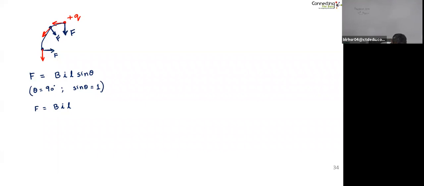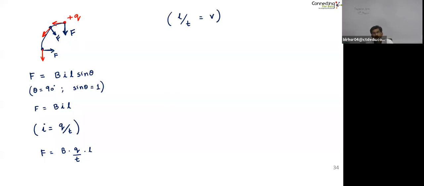Then what? We know that the current I is simply a measure of the amount of charge that flows through the conductor in unit time, the number of coulombs of electric charge per second. So if we were to replace I by Q by t, now consider L by t. You can think of this as the distance traveled by the charged particle in time t, which essentially is the velocity, the magnitude of the velocity of the charged particle. By substituting L by t by v, we have